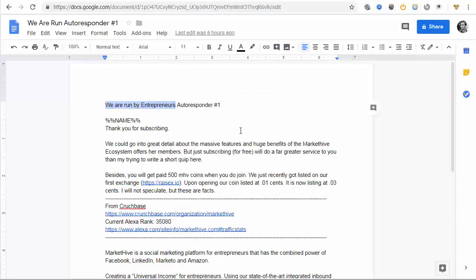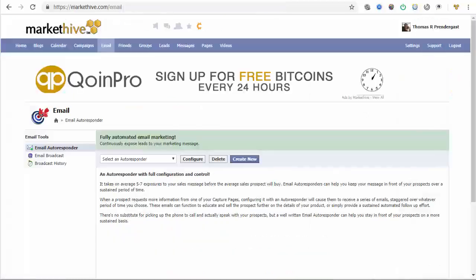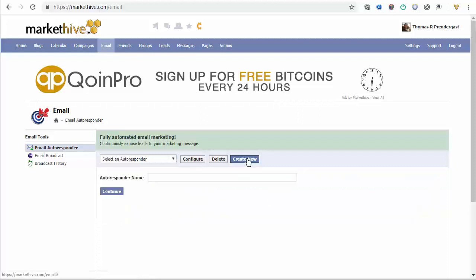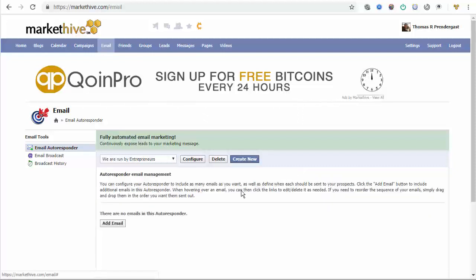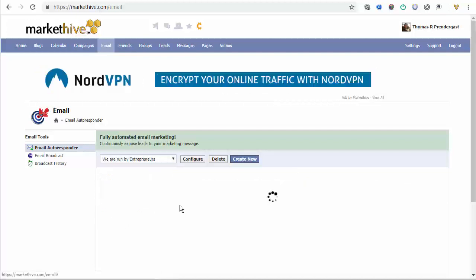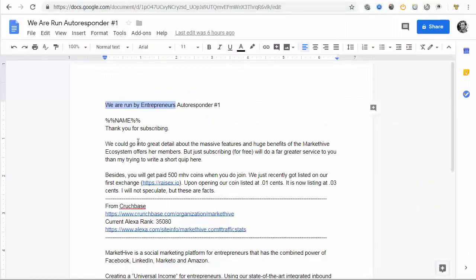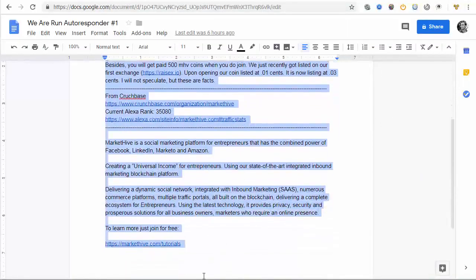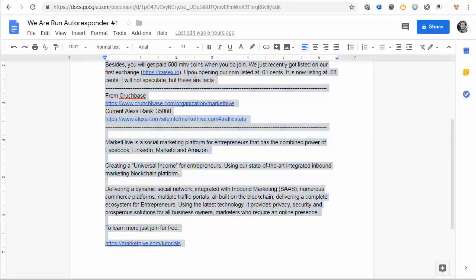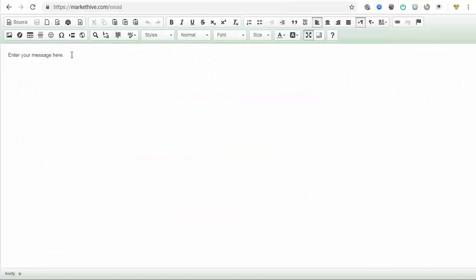It's nice to do all the work in Google Docs before you start building, so you don't have to make it as you go. All right, so I just have to paste it there. Continue. Now, add email. I'm going to expand the window, go back to my Google Docs, and copy the entire content. Go to my HTML editor, paste it,